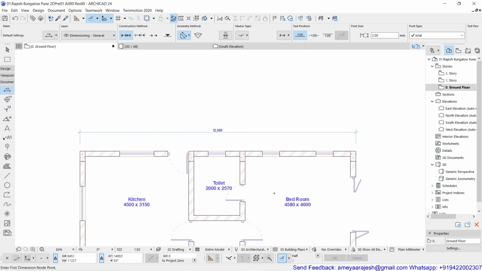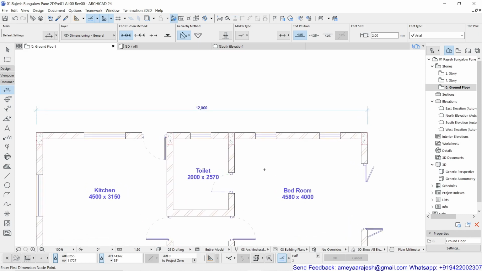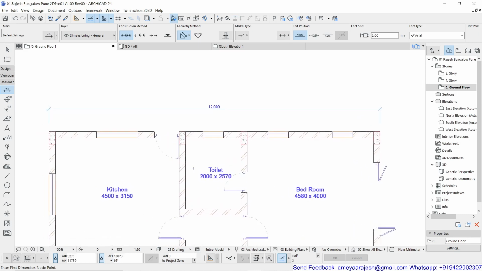In the next clip, we will talk about the next part: how to place dimensions which are supposed to be internal dimensions, or how I can edit this, how I can change the appearance of the dimension and its measured distance units. All these things we'll talk about one by one in the next step. Till then, please practice this much of the part.